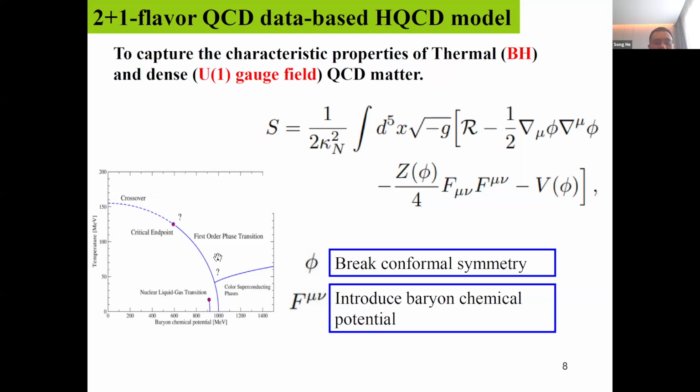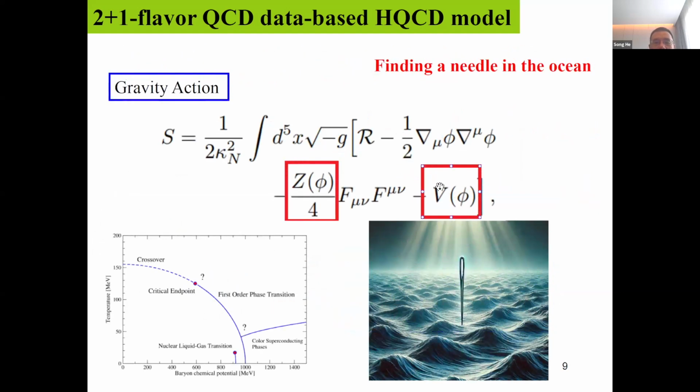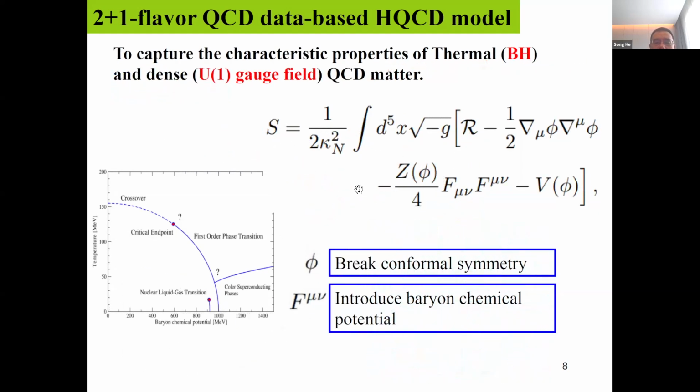So in that sense, we preserve the baryon number conservation property of QCD processes. And we also need a temperature. On the gravitational side, or in the effective bottom-up holography approach, we need a black hole solution, because a black hole solution will naturally induce the temperature. These are the main ingredients in this model.